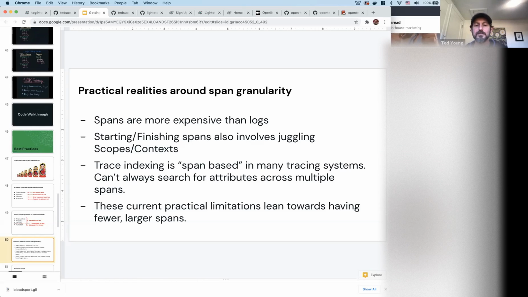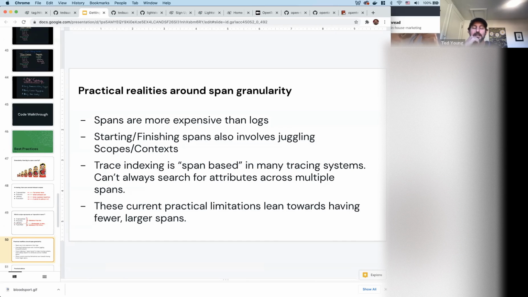And part of the reason is, one, spans are a little more expensive. So the overhead of doing the measurement of the timing is small, but it's still overhead. So measuring things that you're not necessarily going to look at isn't necessarily the greatest idea. You can use events to measure things. You can obviously look at the time between events. When you're trying to create spans and operations, you're really thinking about operations that you'd want to be setting up, say, some monitoring for, not proactively wrapping every function in a span.